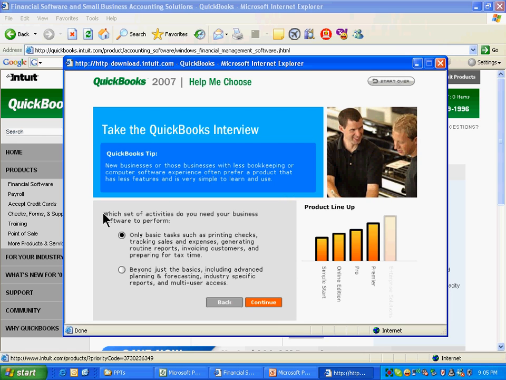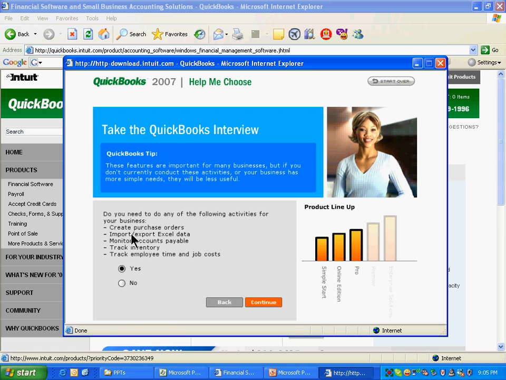And now you see different questions. These questions were not there in the first one, right? Which set of activities do you need your business software to perform? Beyond just the basics, include advanced planning and forecasting. Only basic tasks such as printing checks, tracking sales and expenses, whatever. If he clicks continue, three